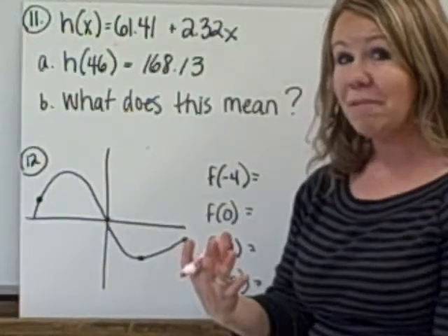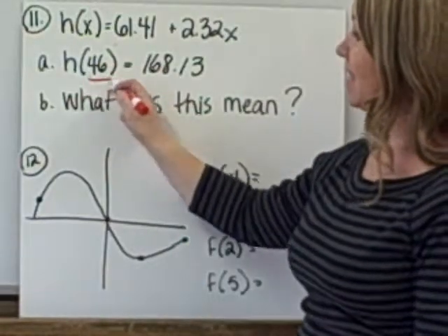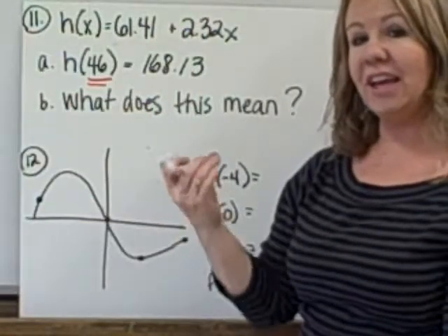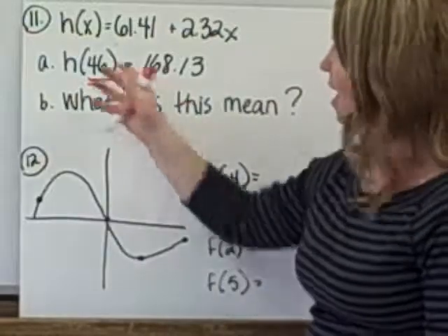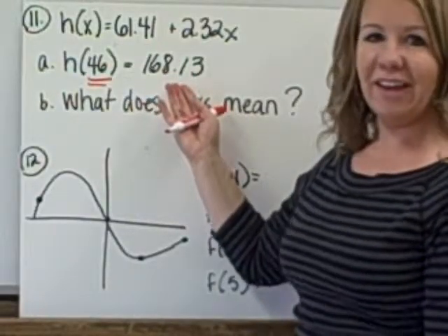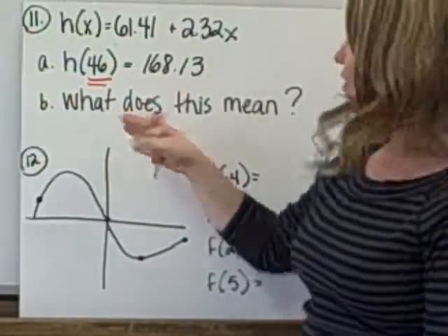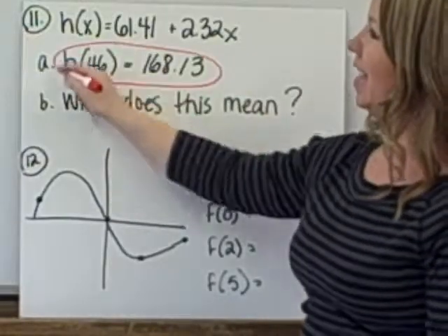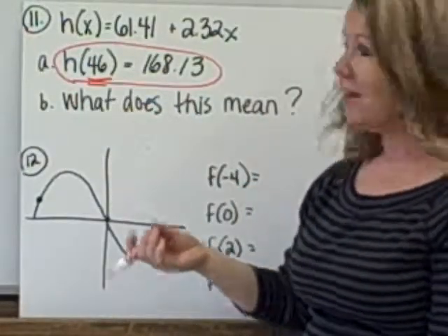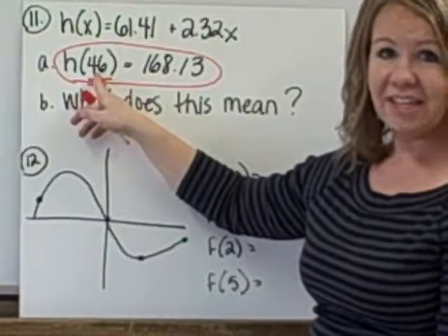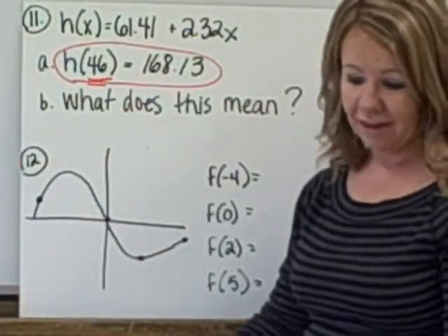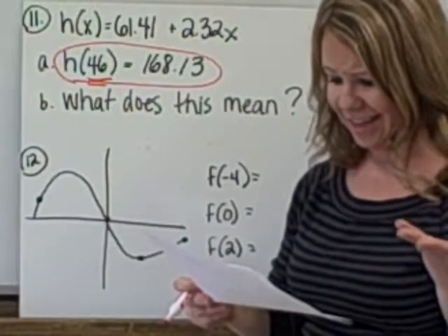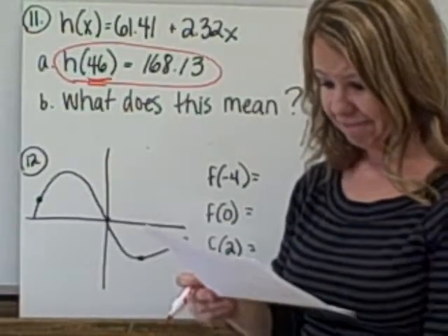And essentially what it means is the 46 that you are inputting into the machine is the length of the femur in this particular question, and the output is the height. So what does this represent? A human with a femur of 46 inches will be approximately 168.13. Sorry, not inches, that has to be